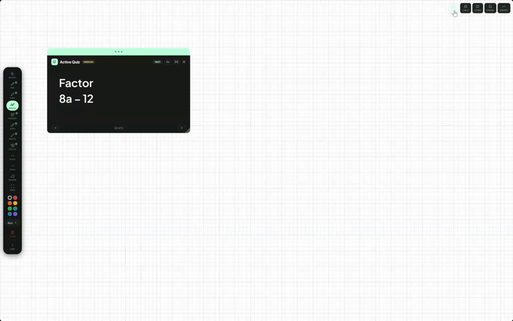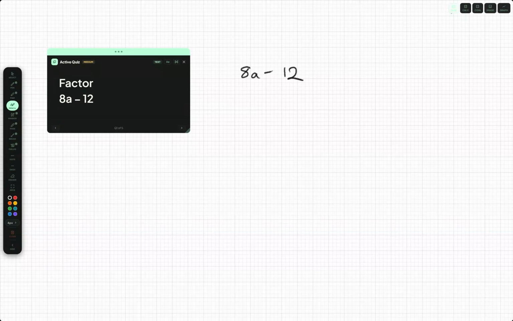All right, welcome back. So now we're going to be looking at factoring. Factoring is kind of the reverse operation when it comes to expanding. So we did expansion, and sometimes that's really helpful because it helps us simplify after we expand, and sometimes factoring is very helpful. So when we've got something like 8a minus 12, the first method we're going to talk about